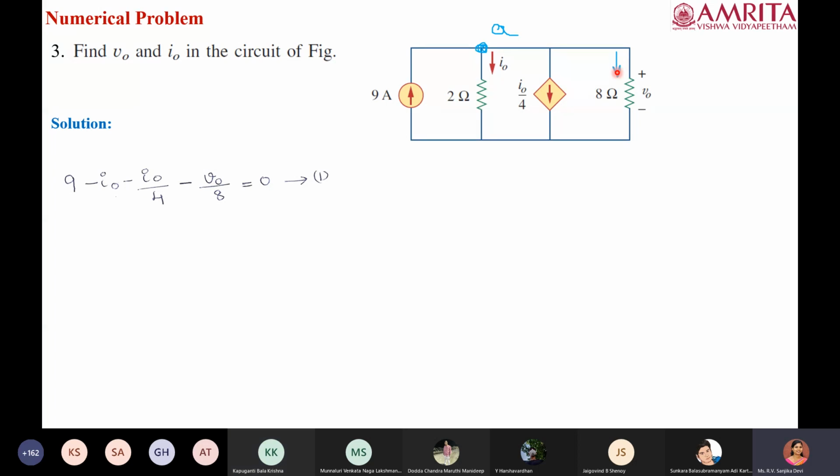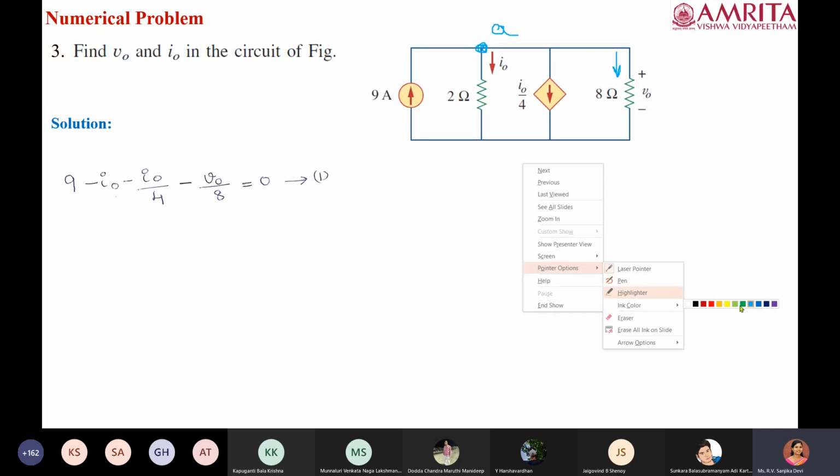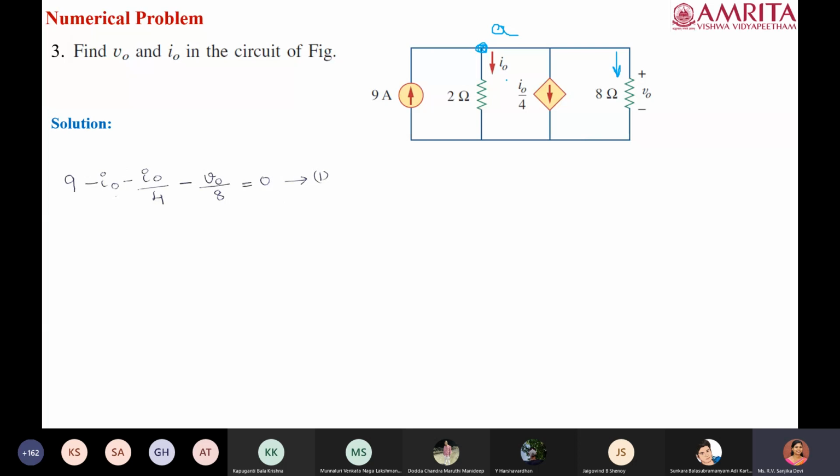Yes, we can either find V0, or you see here, there should be one more equation which relates I0 and V0. For that, all these elements are in parallel to each other, right? Similar to how we have a voltage drop of V0 across this 8 ohm, the same V0 has to appear across all the elements. For this 2 ohm resistor also, plus minus V0 will appear across it because all the elements are in parallel.